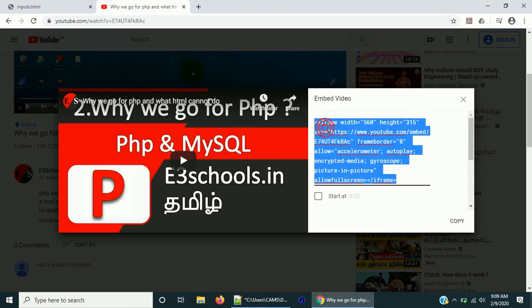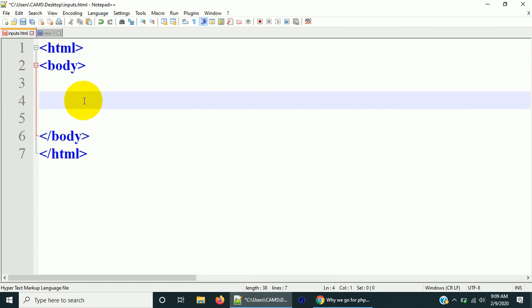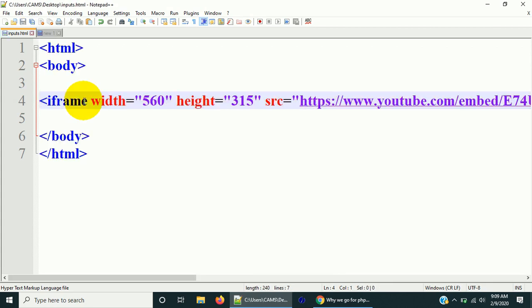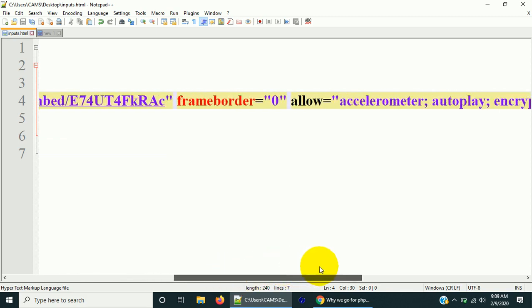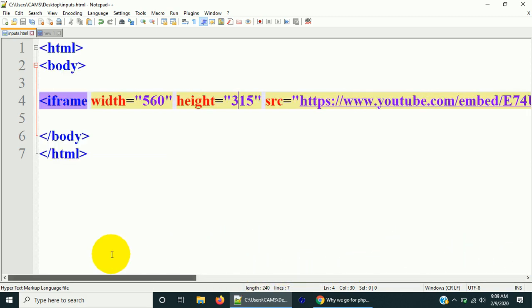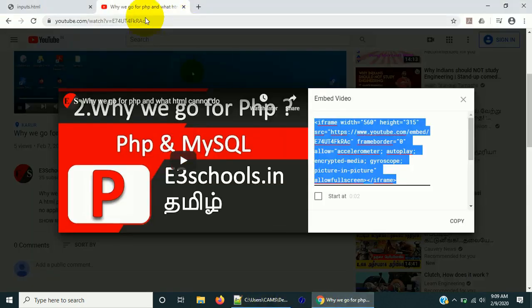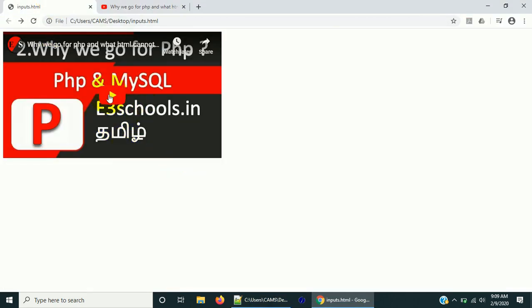The other attractive way is YouTube has given perfect embedding code here. Just copy that and paste it here. This is also same as our code, but the width and height are maintained with aspect ratio and source and few other predefined controls they have mentioned. Picture in picture is another attractive thing here when we use YouTube method. See, when I click play,